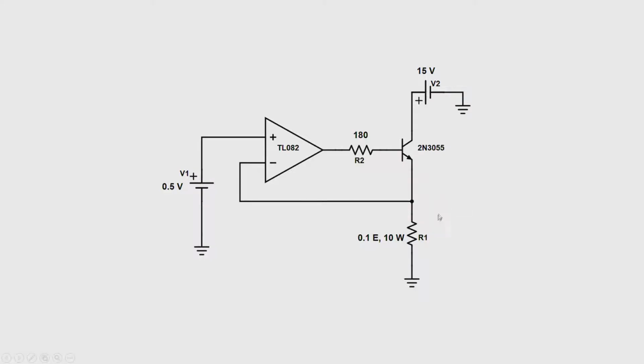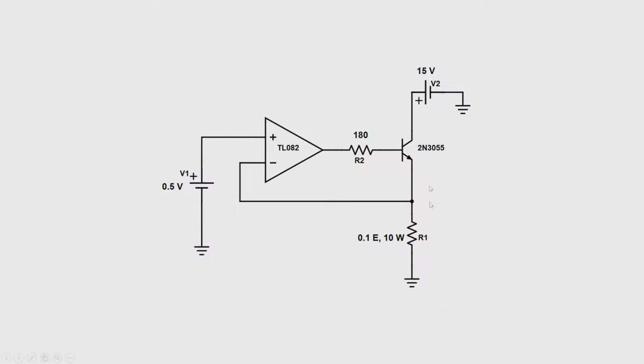As a result, the drop across R1 will be 0.5. Since R1 is known to us, a 0.1 ohm 10 watt resistor, and the voltage connected is 0.5 volts, the current flowing through the emitter of this transistor would be 0.5 divided by 0.1, which is 5 amps.